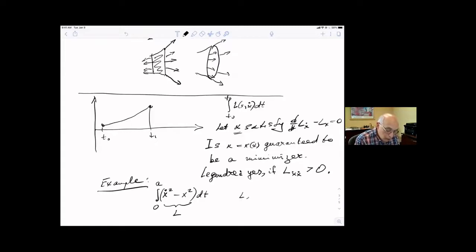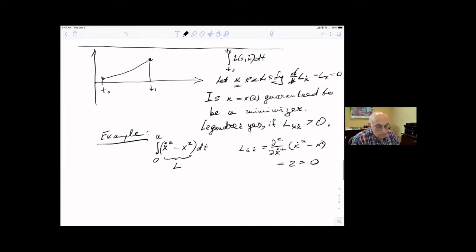So L differentiated with respect to x dot twice is just what? It's 2, right? It's the second derivative with respect to x dot of x dot squared minus x squared. Again, we are not treating x as a function of time. We're treating x and x dot as independent variables. So this is just 2. It's positive. So according to Legendre,